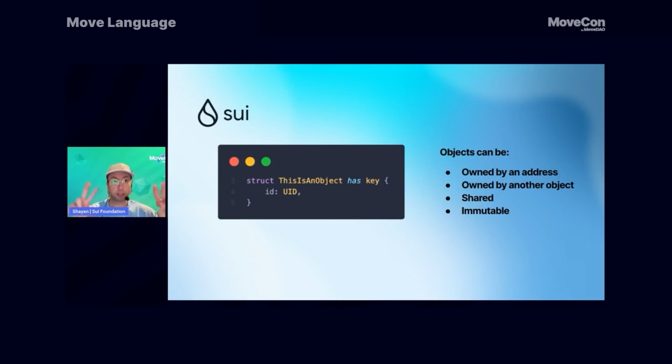You'll be writing this to the chain. And then the UID stands for unique identifier, a unique global identifier that every object has when it is first created. And in Sui Move,